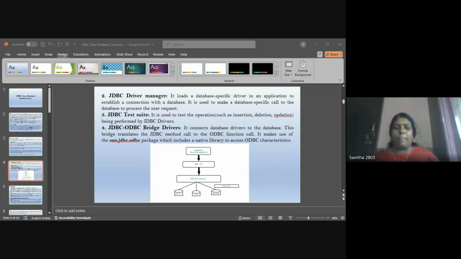Then inside public static void main, it throws when an exception occurs. An SQL exception means a database connectivity error. Or when the class JDBC demo is not loaded, or the connection or class path is not correctly implemented, a ClassNotFoundException is raised. So this program declares two types of exception: one is SQLException, the next one is ClassNotFoundException.